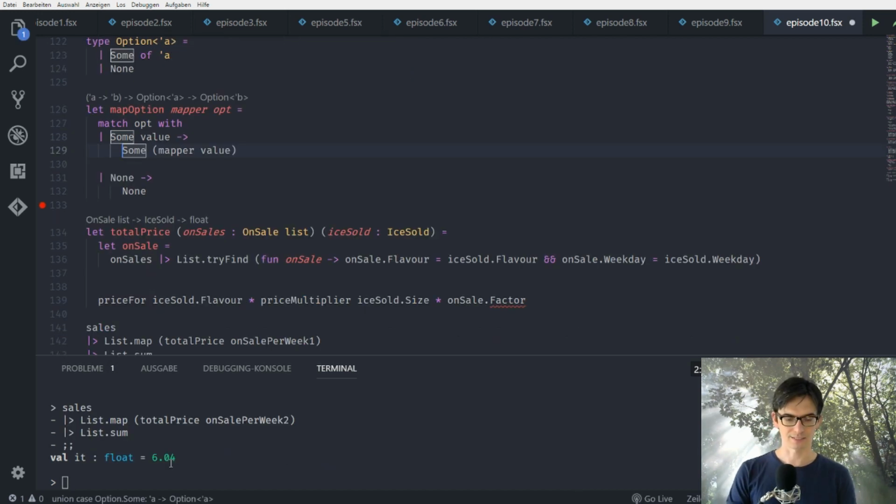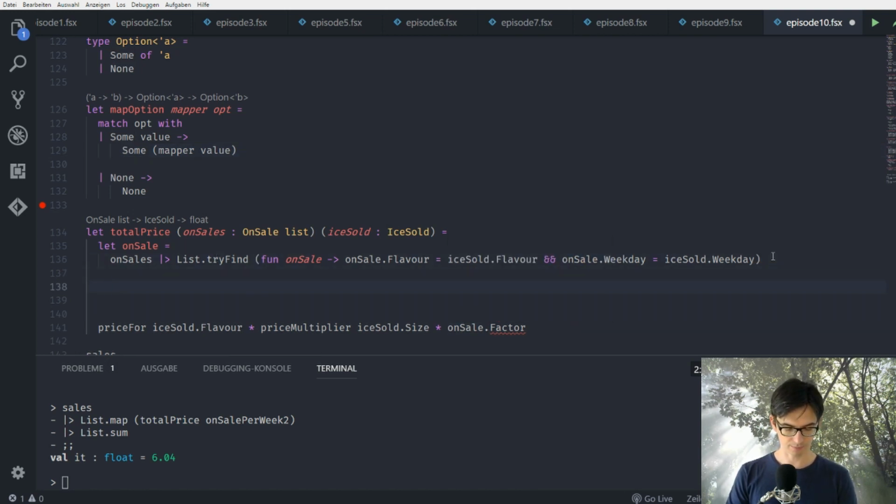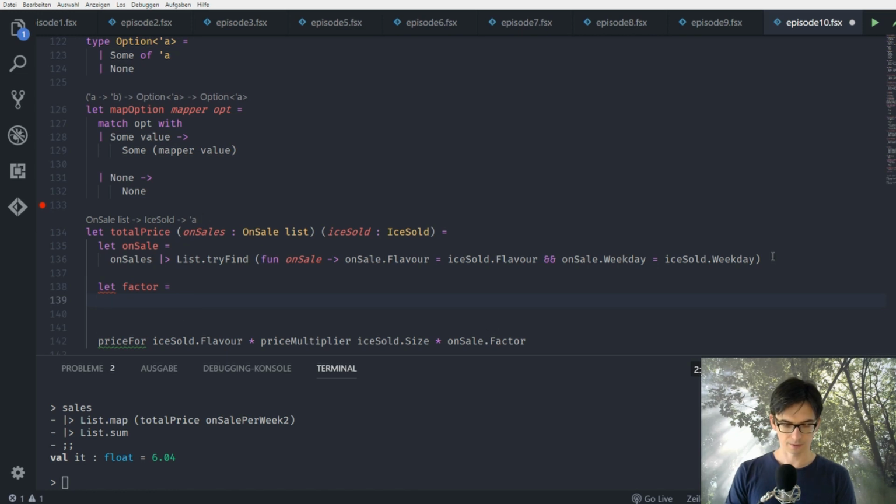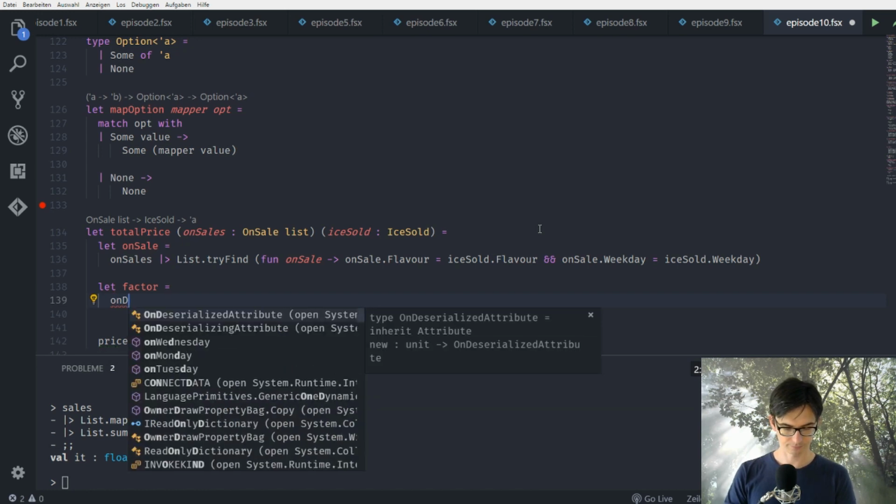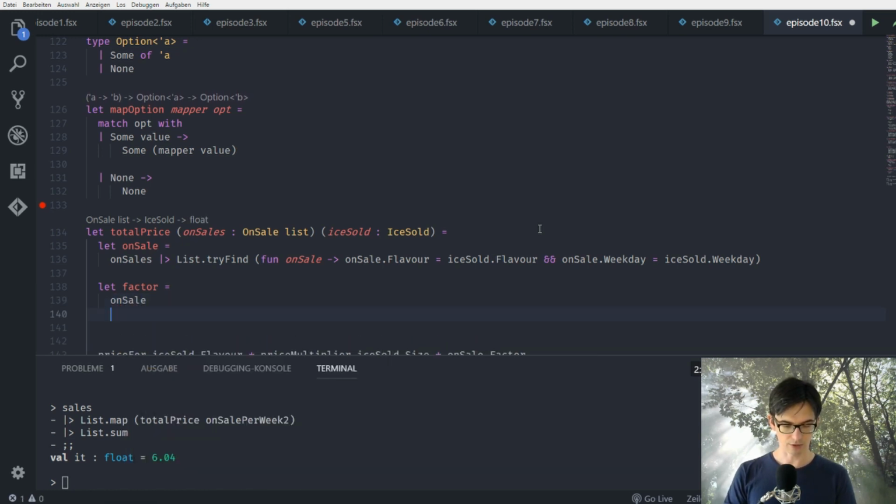All right, let's make this useful now. So what do we want to have? We want to get the factor out of an onSale, which is now an option, so it's not possible anymore. So let's introduce a new identifier called factor. And this is the place where we want to extract the value out of the option. So let's do this. We take the onSale, and now we pipe this onSale into our